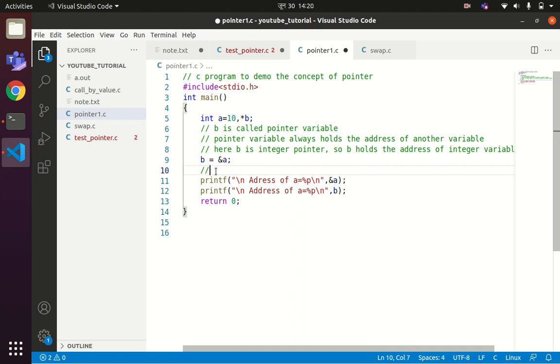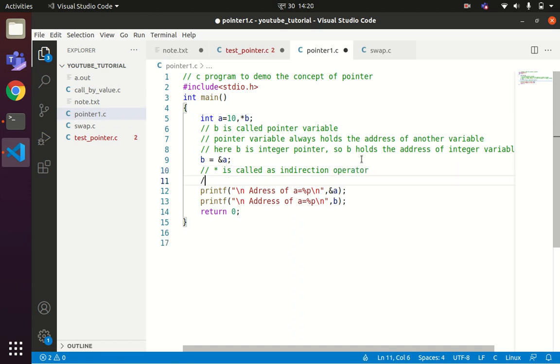This star is called the indirection operator. As the ampersand symbol stands for address of, star stands for value at address.